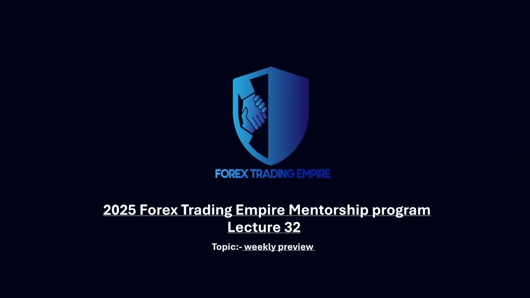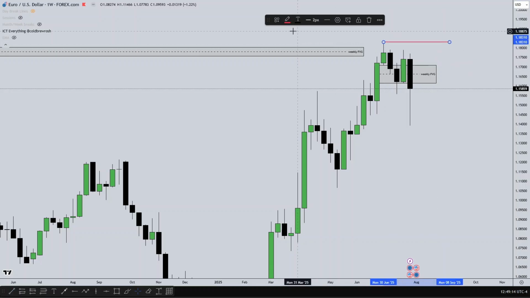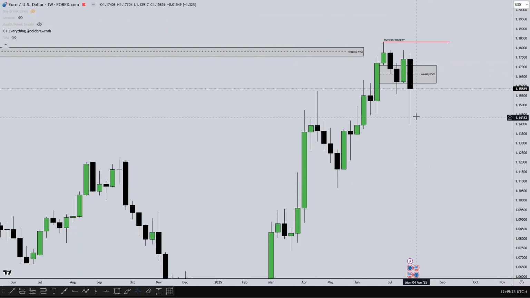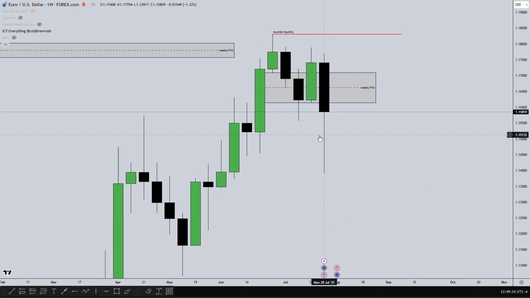On the weekly time frame of EUR/USD, last week in the weekly review, I talked about anticipating an up close candle on the weekly time frame, to see if price will go for the buy side liquidity. You can clearly see that price failed to go for the buy side liquidity throughout last week. Price was completely on the downtrend. It was on Thursday that price did a retracement back to the candle range. But my bias last week was to see price go for the buy side liquidity. Now going into this week, you can completely see the price traded against my bias.